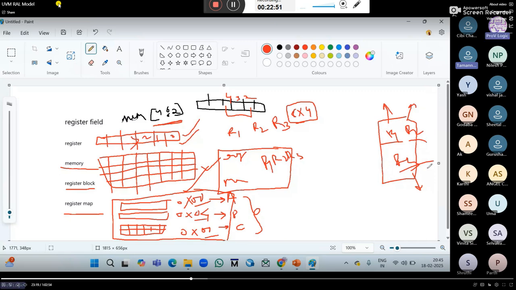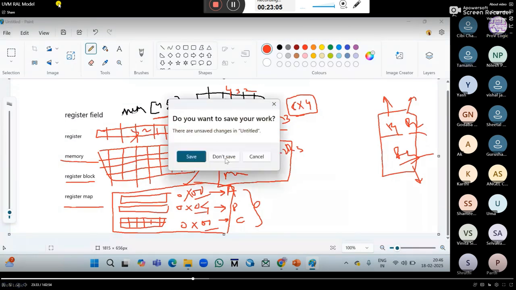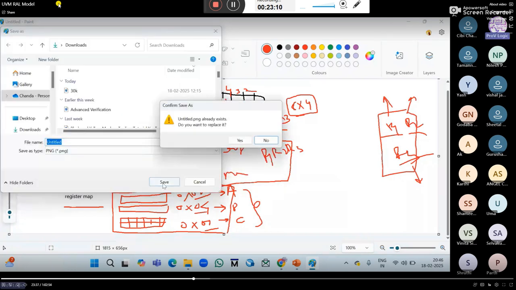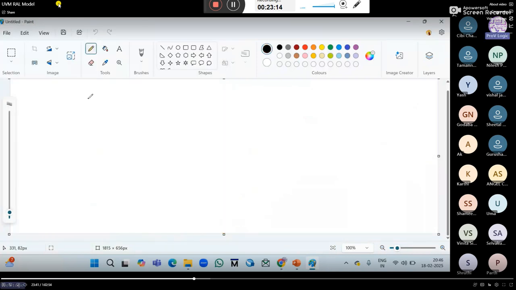Can we say like that? For each RAM, there will be a particular number of registers. Suppose here R1, R2, R3, three registers I have taken.